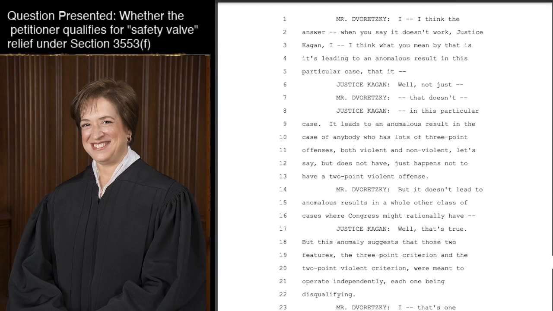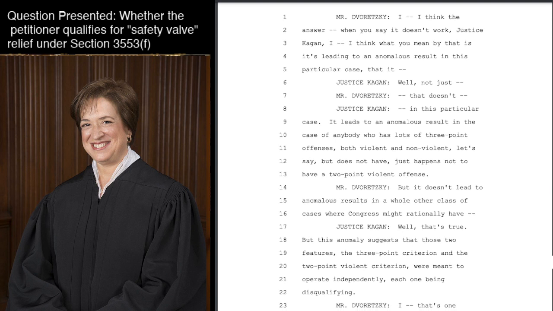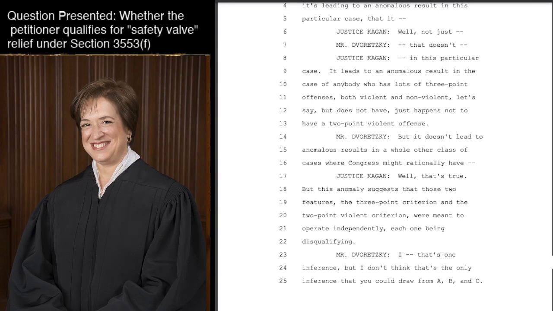I think the answer, when you say it doesn't work, Justice Kagan, is that what you mean is it's leading to an anomalous result in this particular case. Not just in this particular case. It leads to an anomalous result in the case of anybody who has lots of 3-point offenses, both violent and nonviolent, let's say, but just happens not to have a 2-point violent offense. But it doesn't lead to anomalous results in a whole other class of cases where Congress might rationally